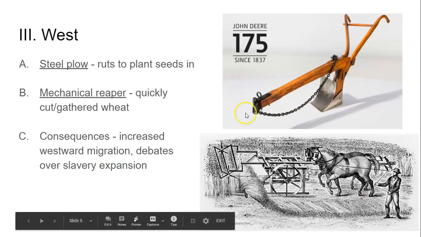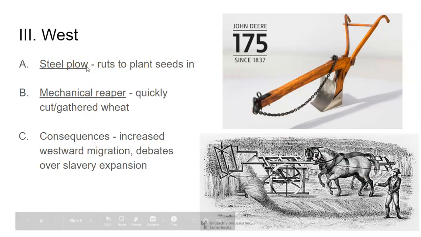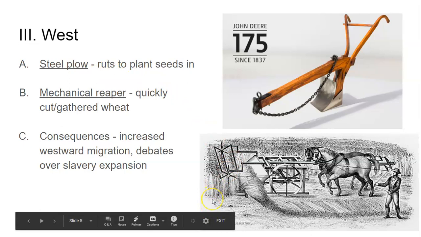So, what are the consequences of these two new inventions in farm equipment? Well, it makes living in the West actually profitable. So, people want to go live there. So, you have increased westward migration, as well as some of these areas, especially in the South, are going to